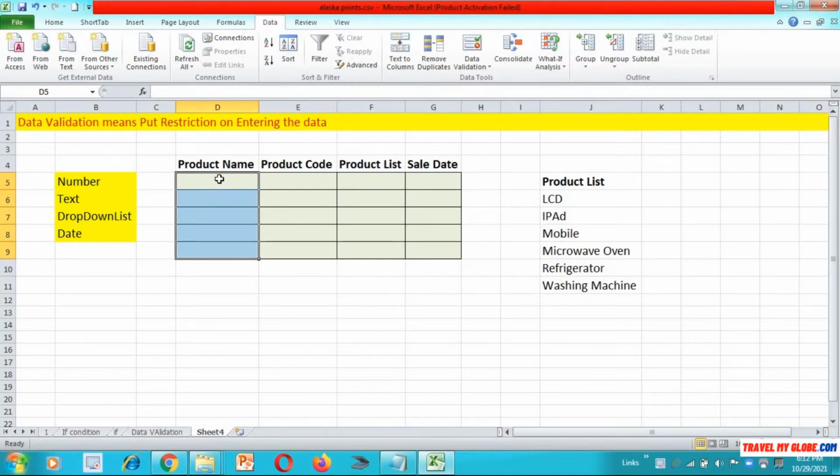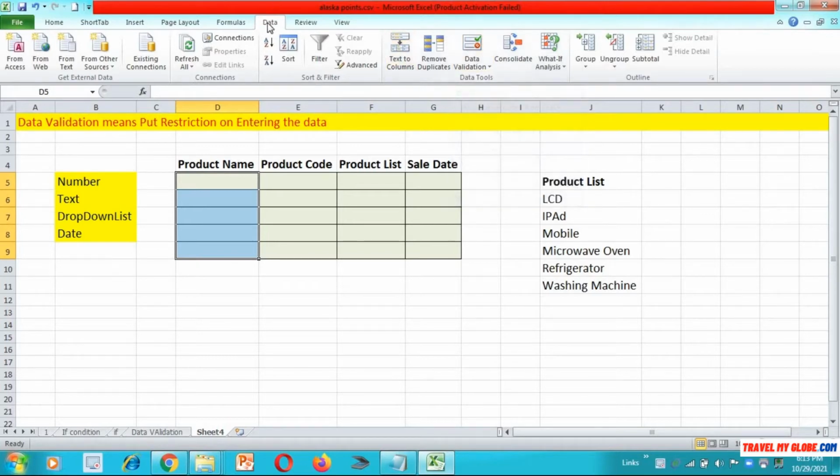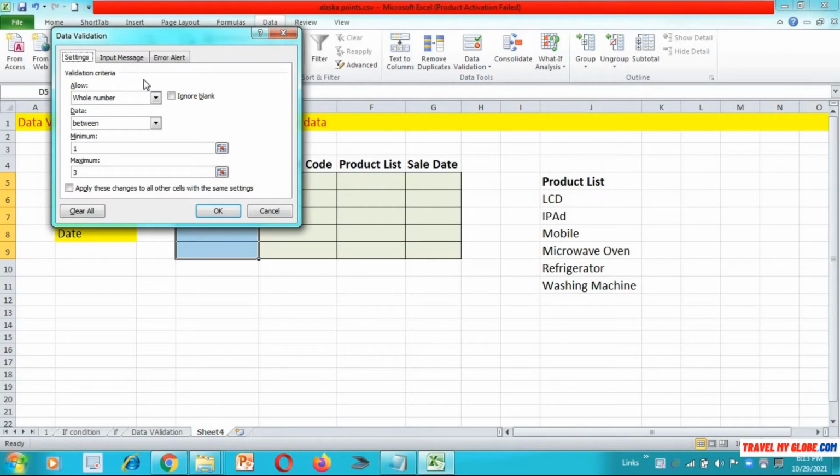Let's see. First, I want to restrict my data so that only text values can be entered, and they should be of only 1 to 5 characters in length. So go to the Data tab first and then go to Data Validation. You'll be able to see a dialog box here, and you may select any of the values.